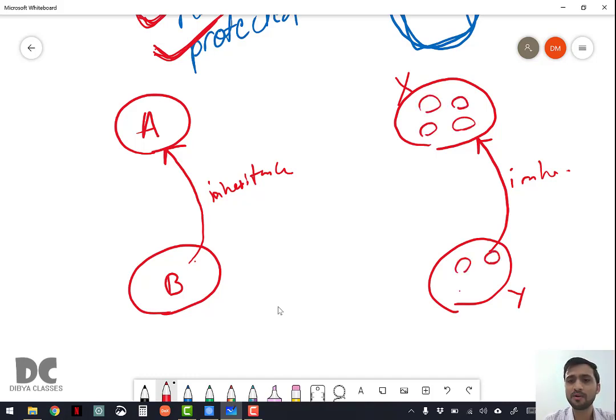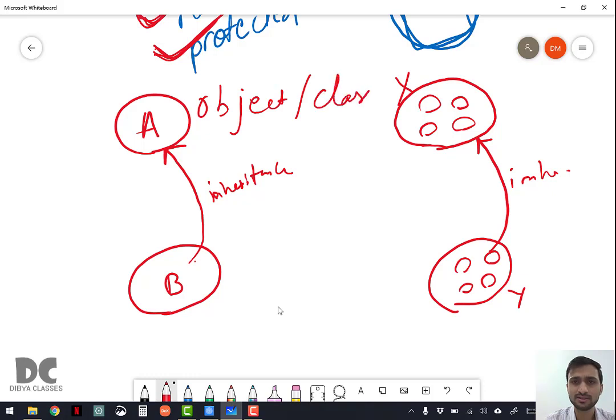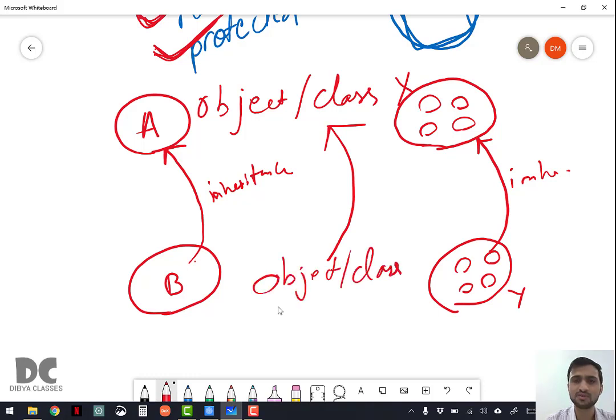So you can say that a group of objects acquiring properties from another group of objects, but this group of objects should be similar in nature. It should make a class. So we can write that an object or class acquiring properties from another object or class is known as inheritance.